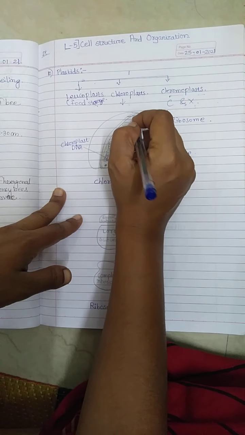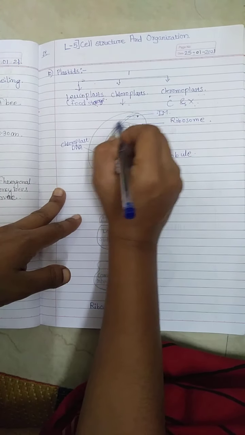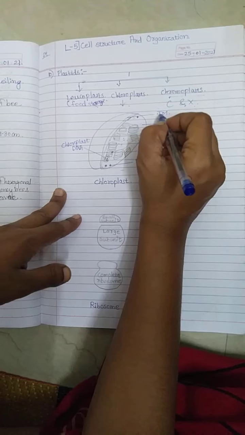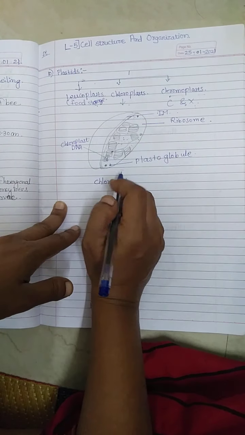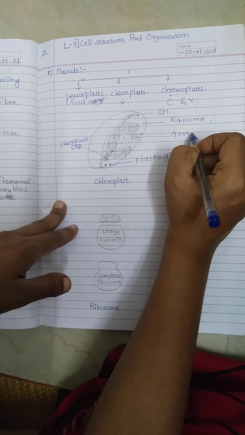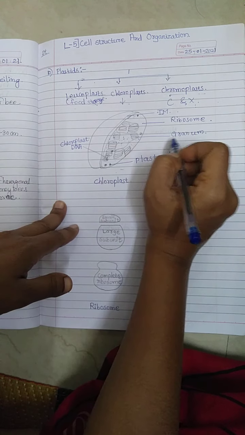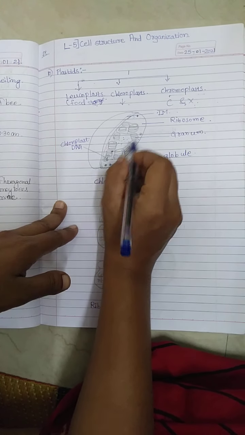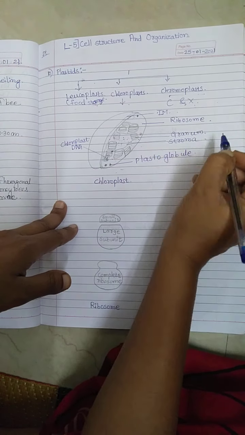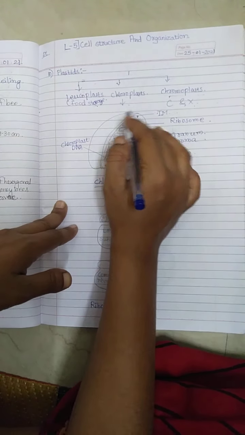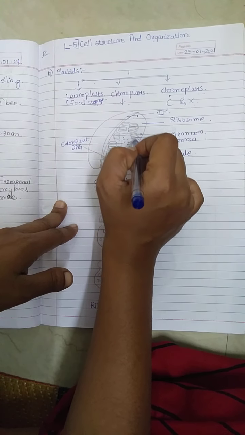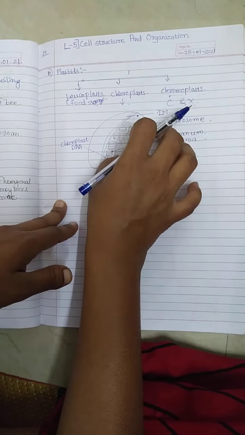Here is the inner membrane, and the outer one is called the external membrane. The line here is called a granum, and this layer is called the stroma. Such is the structure of the chloroplast, which contains its own DNA and RNA in its structure.